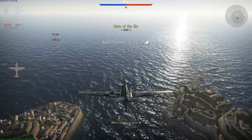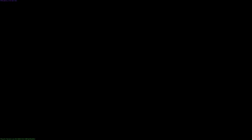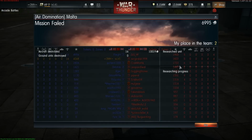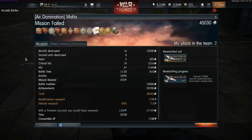But of course with 5 seconds left in the game, and the game now concluded, we've already made the mistake and thrown away the win, and we now have to take a look at the post-game stats. Hence, we can see that our 16 kills and 2 assists enabled us to obtain 45,030 silver lions. On top of this, we accreted 1,788 research points, with a further 715 going towards our work on the Spitfire F Mark 24. We hereby conclude our review then of the Hawker Hurricane Mark 2B